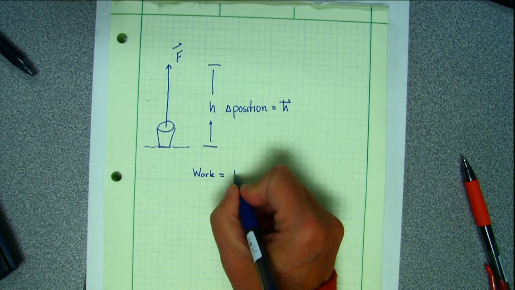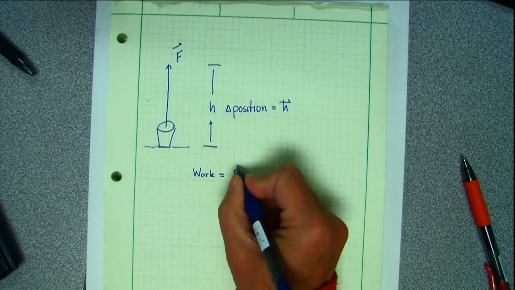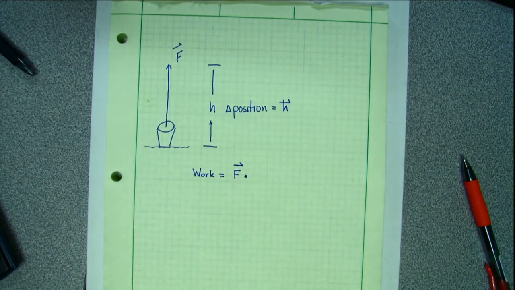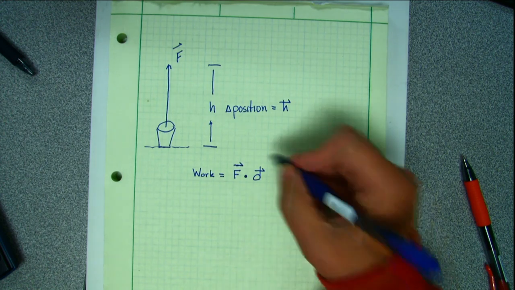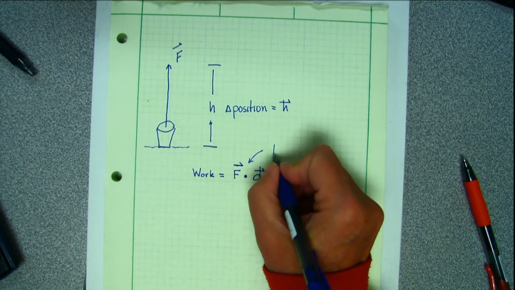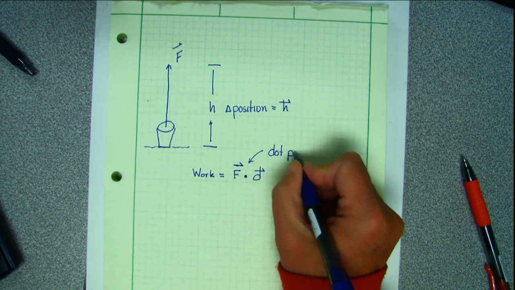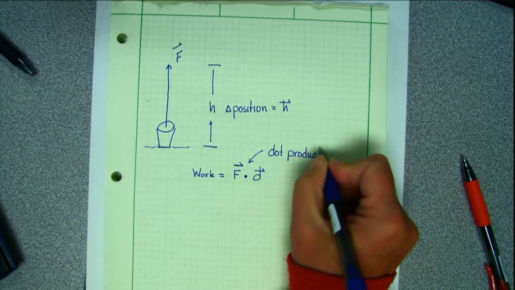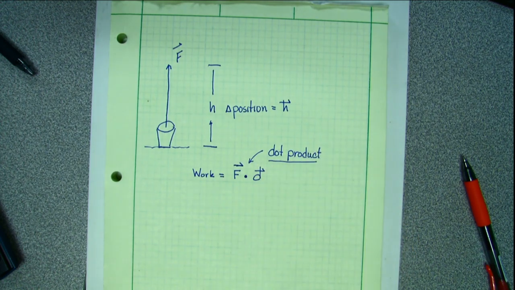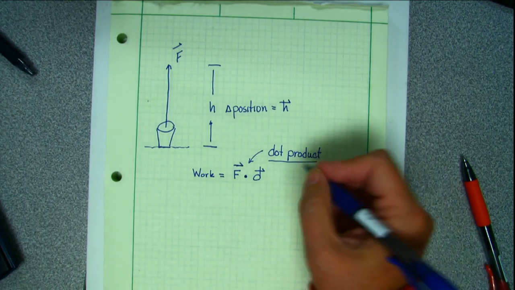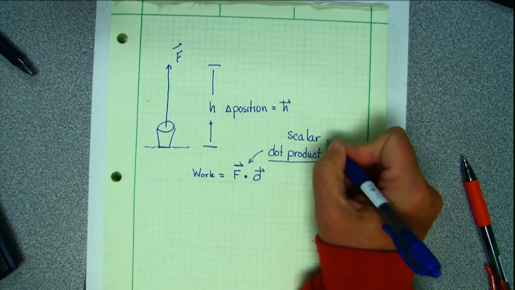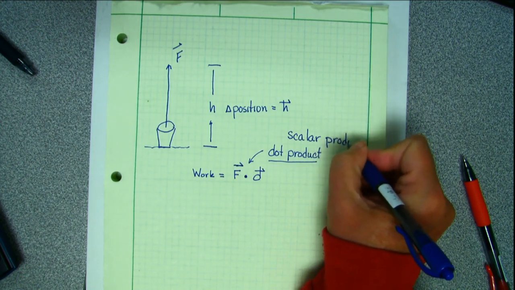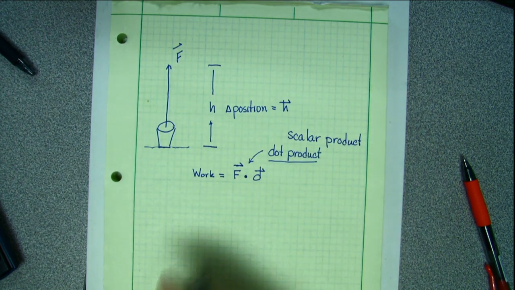Now what's weird about this is I'm going to give you this mathematical situation. I have a vector, and I'm going to do a dot, and I've got this. We're going to call this a dot product. We're going to call that a dot product, but this really is something we're going to call a scalar product. Now work,